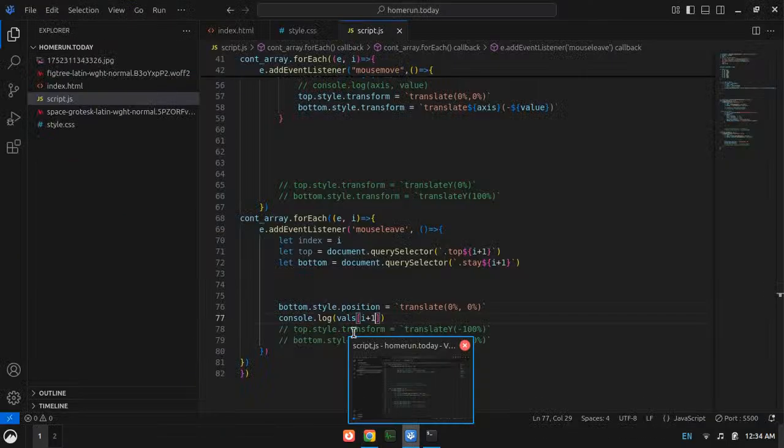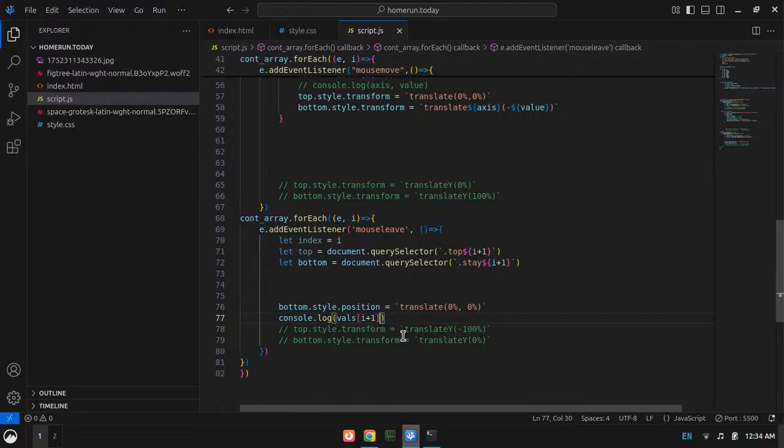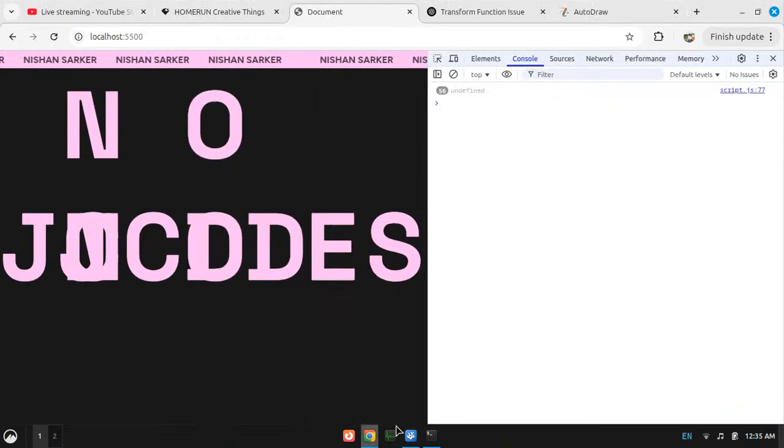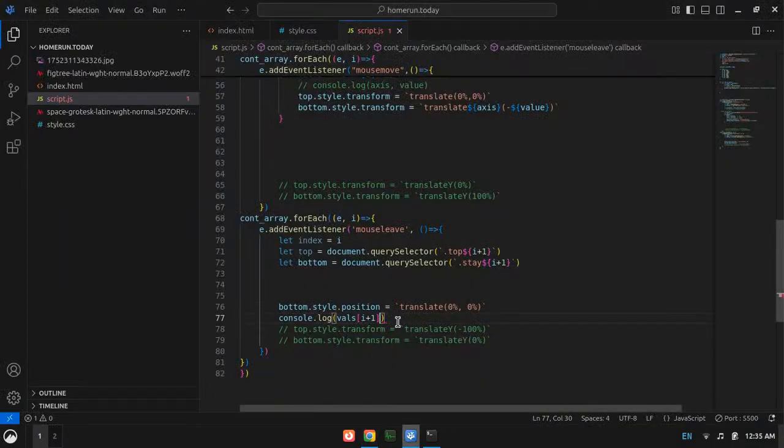Okay, we get a dictionary. Then what if we click 0 here? It's undefined. Okay, that isn't going to work. So let's just create another dictionary.